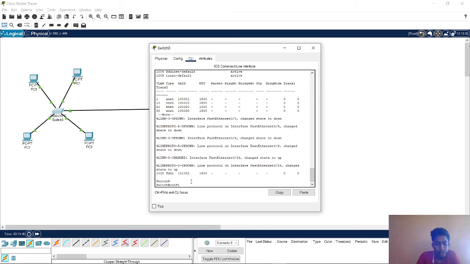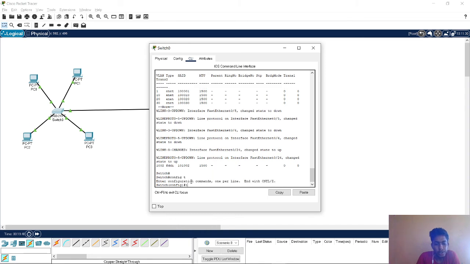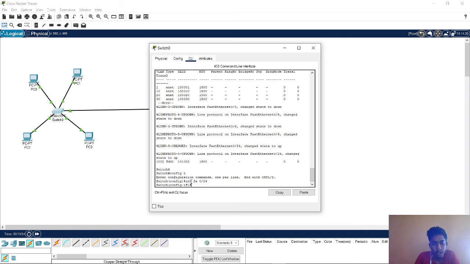Inside config mode, that pin number is FA 0/24. On that pin we need to give switch port mode trunk.